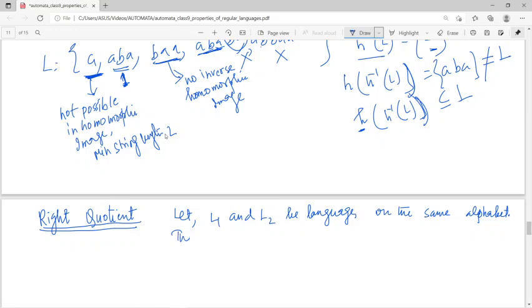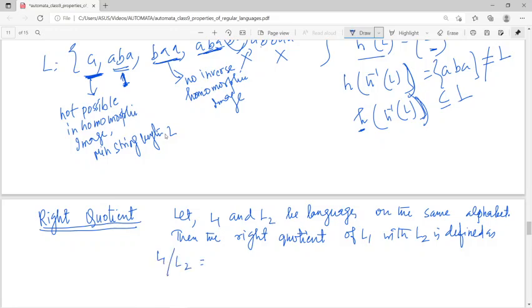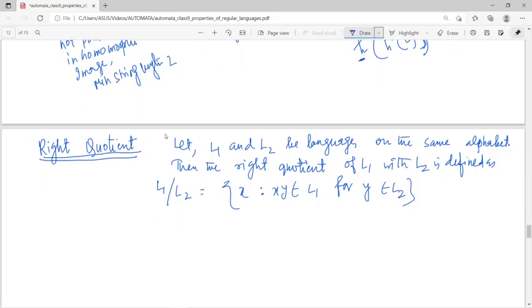then the right quotient of L1 with L2 is defined as, আমরা এইভাবে রাইট কোশ্চেন্স কে লিখি, x যেখানে xy belongs করছে L1 এ, for y যেখানে belongs করছে L2 তে। আমি একটা এক্সাম্পল দেখব, তাহলে এই মানেটা বোঝা যাবে।